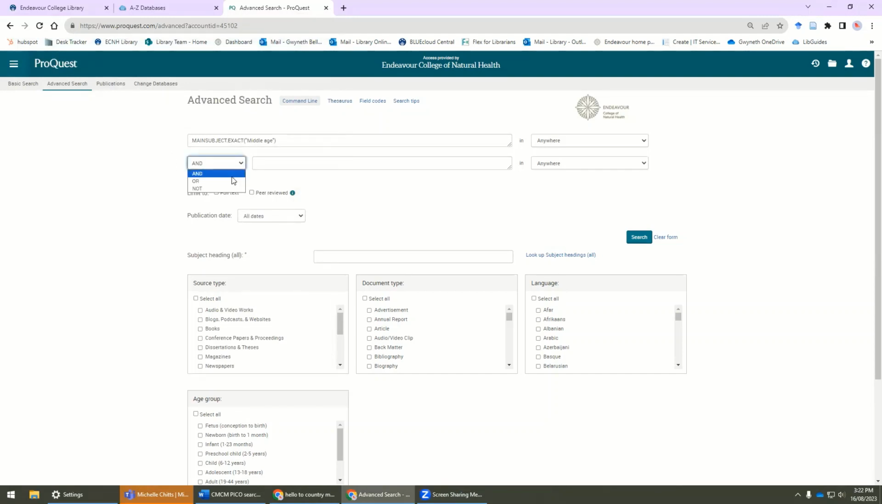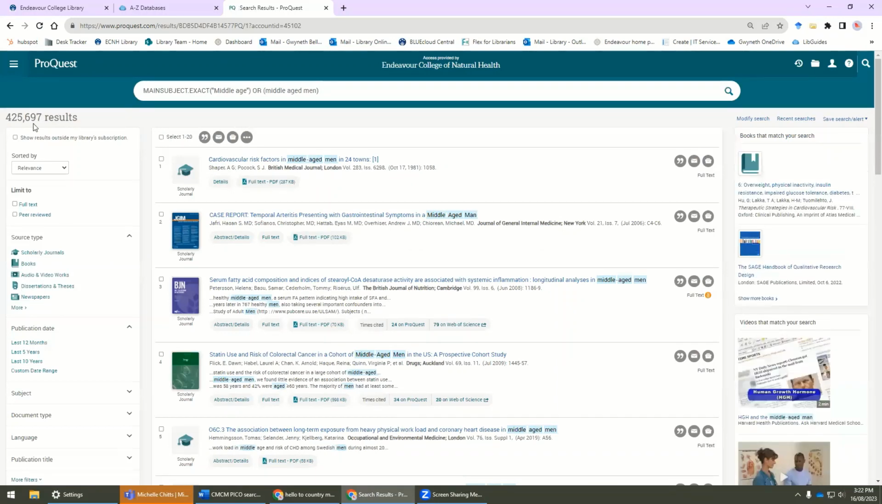And then I'm going to select OR, and here I'm going to type in middle-aged men, and I'm going to search for middle-aged men anywhere. So anywhere in the article title, anywhere in the article itself, in the abstract that it's mentioned, it's going to search for middle-aged men. I'm going to click on search, and you can see we've got nearly 500,000 results. So we're going to go back to modify our search,